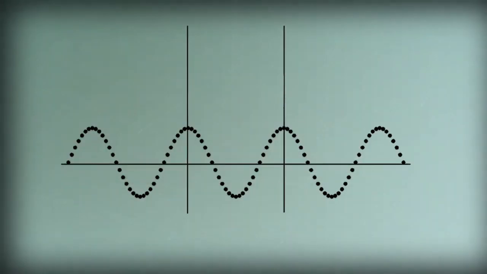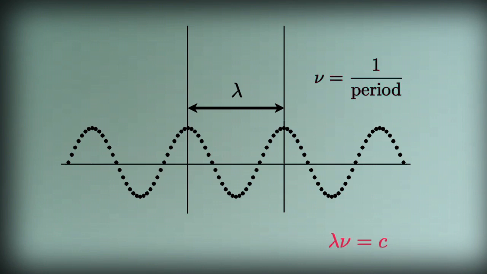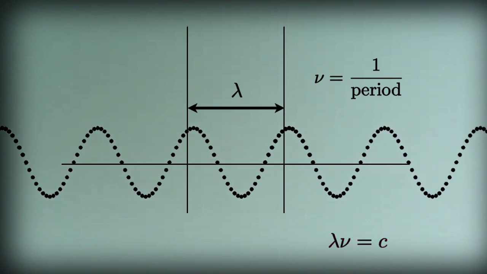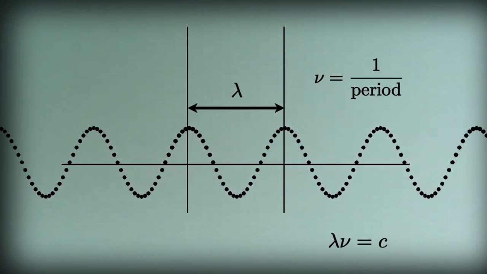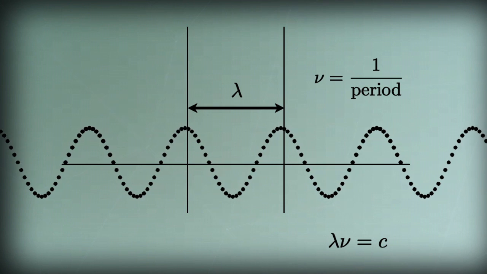No matter what kind of wave it is, you can define the wavelength, lambda, as the distance between the maximum values of whatever is waving, say between the crests of a water wave. And you can define the frequency, nu, as the rate at which the pattern oscillates, how many times per second the height of the water bobs up and down, completing a cycle. When you multiply wavelength and frequency, you get the wave's phase velocity, the speed with which the pattern moves, which for electromagnetic radiation is the speed of light, c. So lambda times nu equals c.